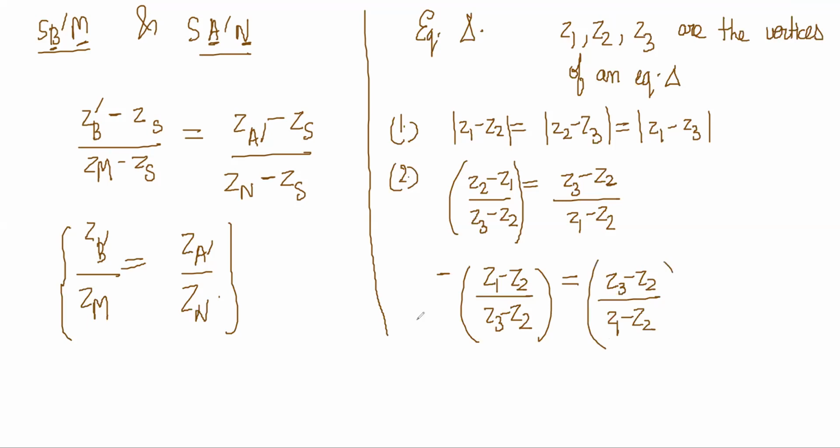So now what is the meaning of this condition? If you have a triangle Z1, Z2, Z3, this Z1 minus Z2 by Z3 minus Z2, isn't it this angle? They are talking about something like this angle, right? Z1 minus Z2 by Z3 minus Z2, and this one, which angle are they talking about? Z3 minus Z2 by Z2 minus Z1, again the same angle, right? Why is it coming the same angle?